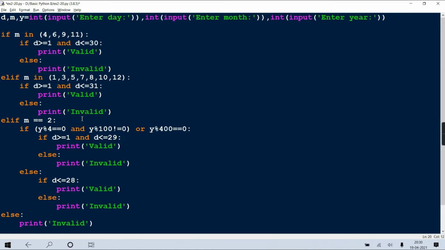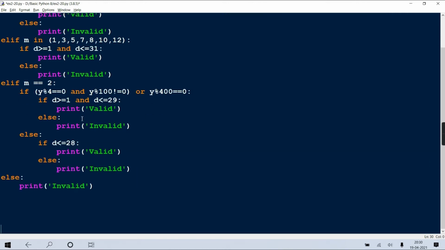I don't get it. You want to say to use that chaining only. Yes, exactly. But you are writing like this: 1 less than equal to d and d less than equal to 31. It won't work in this case.